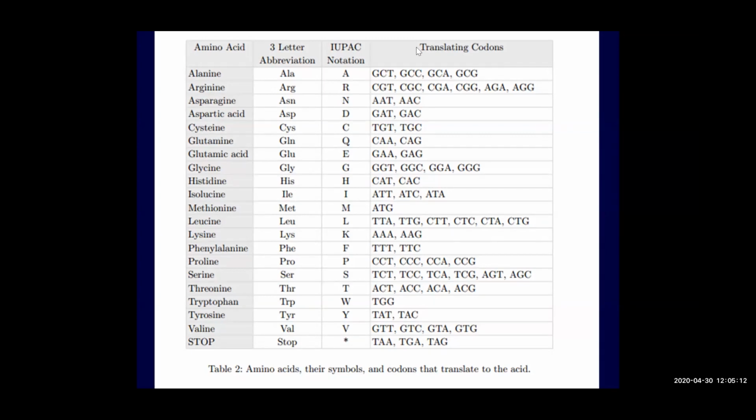Because the nucleotide changes may not always result in change in the amino acid, and therefore there will be no change of the property of the protein. Even if there is a genotypic change, the genotypic change may not reflect in the phenotype, because there are some common codons for each amino acid, except for two. For methionine, ATG is the only codon. And similarly for tryptophan, only one codon is there, TGG.